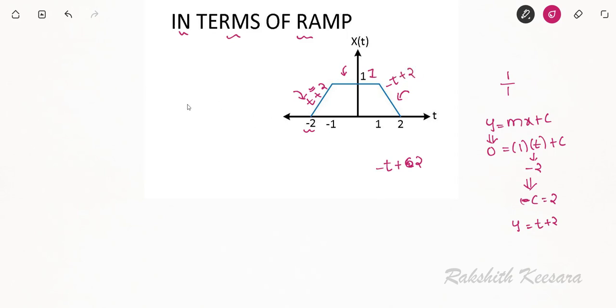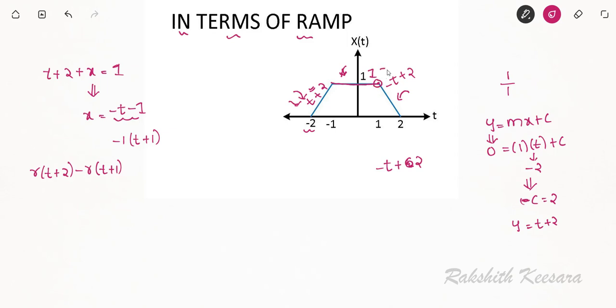After this, at the start the line is t plus 2. To make this line become 1, I should add something to this. Then only this will become 1. So from this, x will be minus t minus 1. So for r of t plus 2, and remember the coefficient of t should be 1, so take minus 1 as common. This will become minus of t plus 1. For r of t plus 2, we should add minus r of t plus 1 to make this equal to 1.